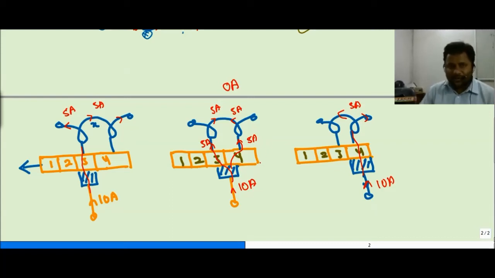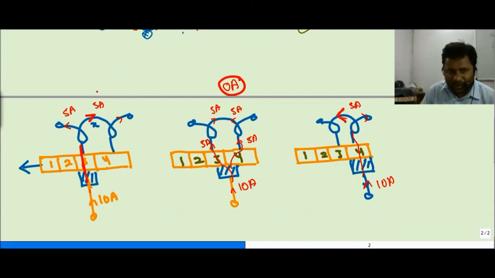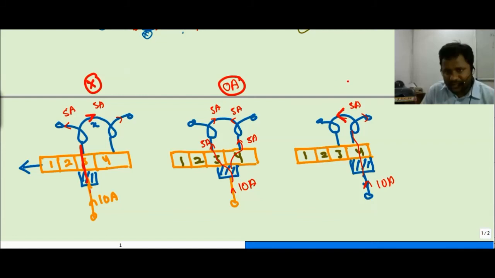So what is the understanding of it? The understanding is very simple. Whenever the current is flowing in this commutator segment, it is divided into 2 parts, 5 and 5, and the direction of current in the conductor X is 5. Whenever the brush is between the 2 commutator segments, the current is divided into 2 parts, 5 ampere and 5 ampere, and the current is 0. And at the end, when the brush is on segment number 4, the current reverses. So the current has a cross, then current is 0, and then current has a dot.